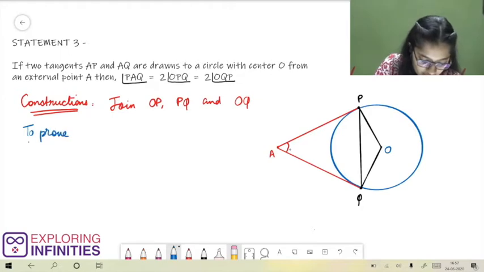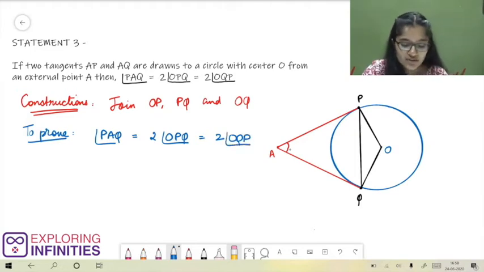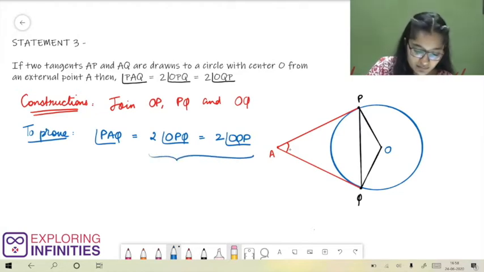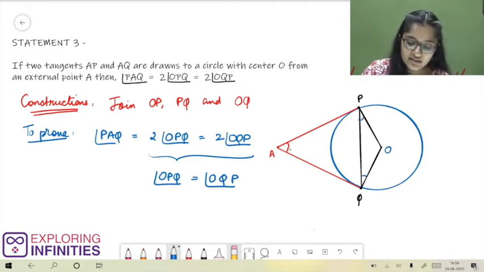We need to prove that angle PAQ is equal to 2 times angle OPQ and that is equal to 2 times angle OQP. 2 times angle OPQ is equal to 2 times angle OQP means we have to prove that angle OPQ is equal to angle OQP. So we have to prove that this angle is equal to this angle and that each of these angles is